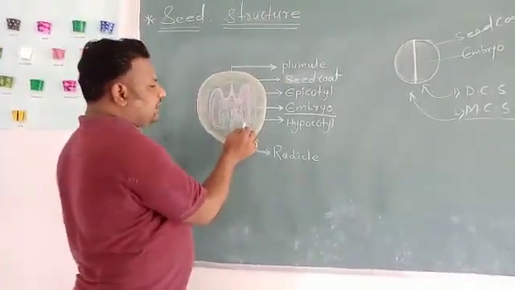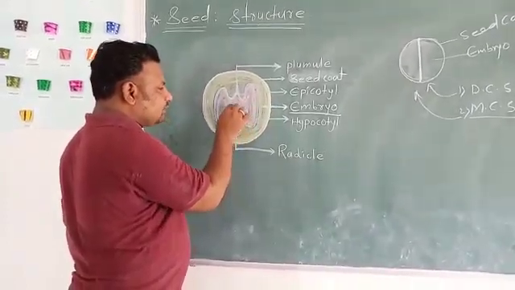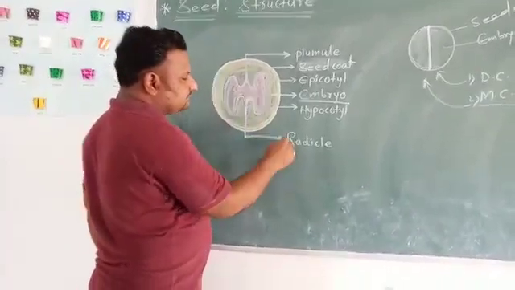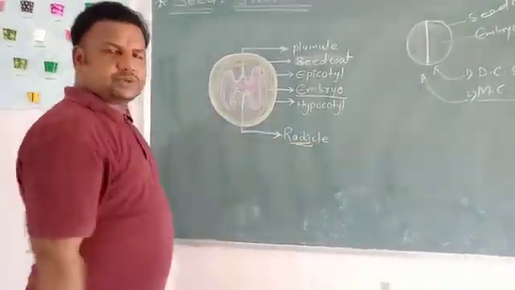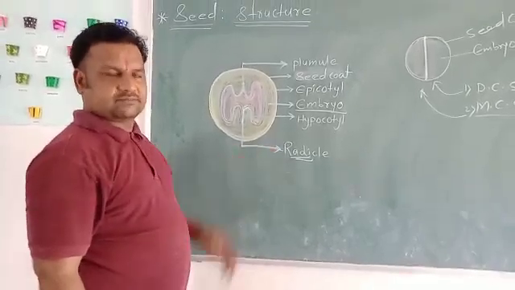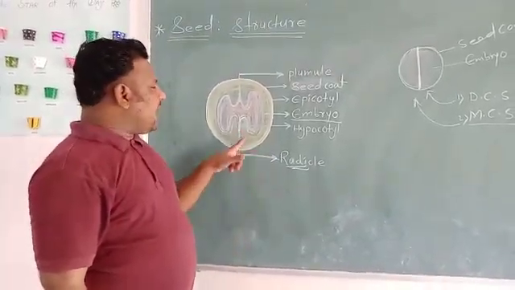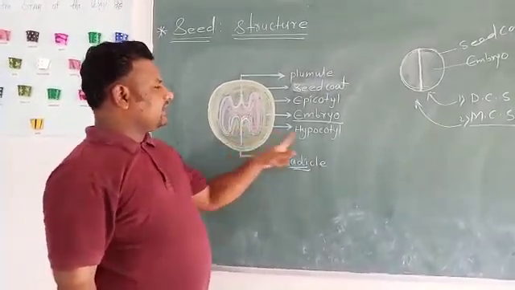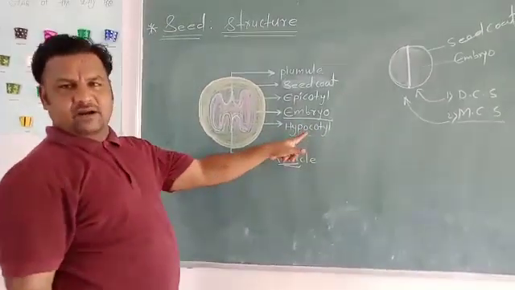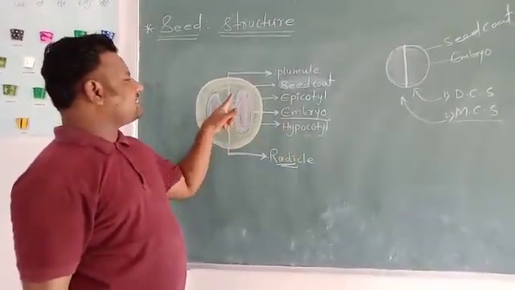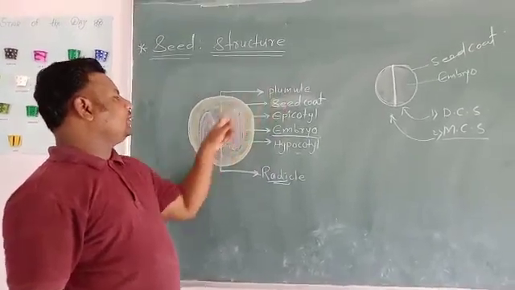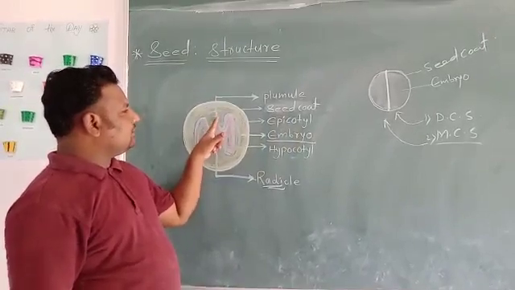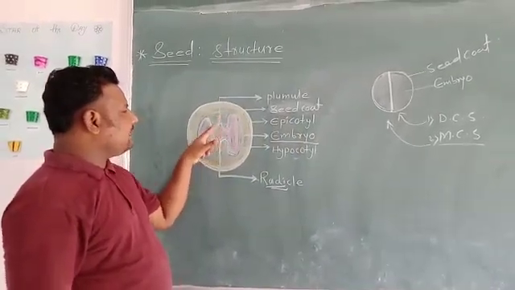Here the attachment of cotyledon extends towards down below. This part we call radicle, and radicle further grows into roots or root system. Now, the part which is present above this radicle, this attachment, is called hypocotyl. And the part which is present just on the tip of this plumule is called epicotyl.